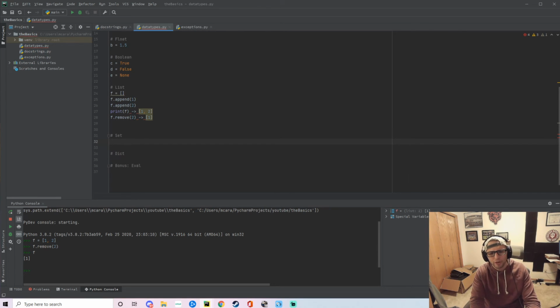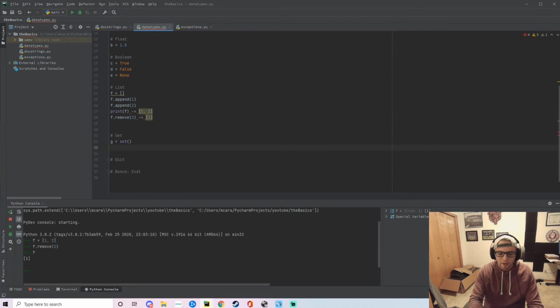So sets are a really cool way. They're a lot like lists, except they're immutable, and they do a lot of deduplication. So let's go ahead and say G equals set. By the way, you have to instantiate a set like so, or you could have it be something like this. It's very similar to a dictionary. It kind of pains me. I really wish they would have done something else for this. I think that you'll see down in the dictionary portion, but if you wanted to instantiate a set in real time and you knew what those values were, you do it as such. Otherwise, you do it the way you do G, and then you do G.add 1.